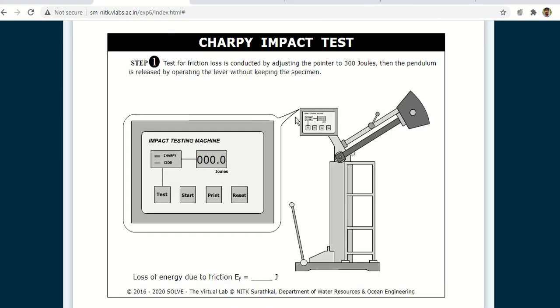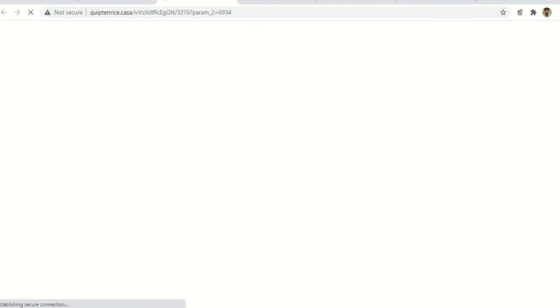So this is the first test we will be doing. First we will be doing the friction loss test, which we need to do only once for an instrument. So we will be doing this test step first, even before actually measuring the dimensions, because measuring the dimensions of the specimen we need to do in 3 trials. So we will release the specimen. We need to click here for friction loss. Click here.